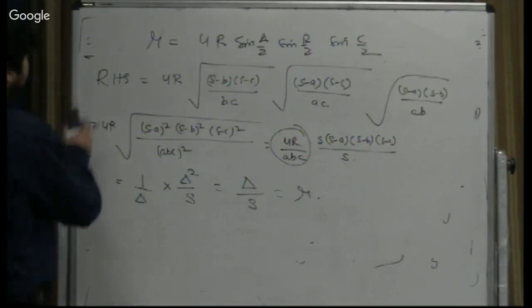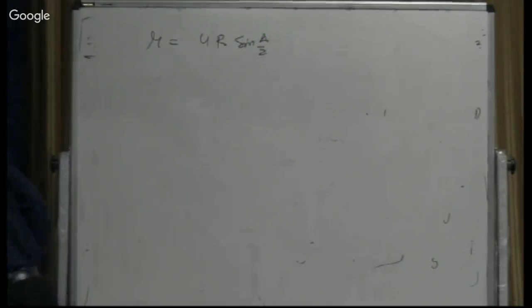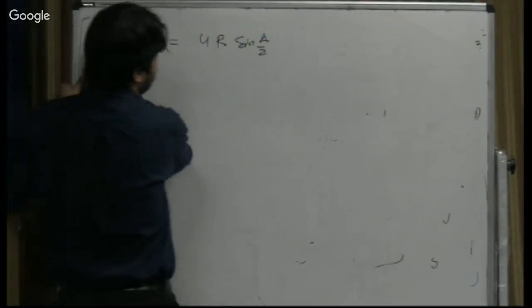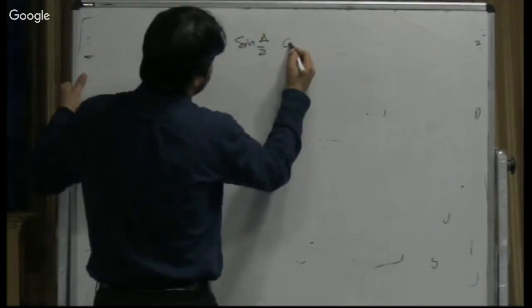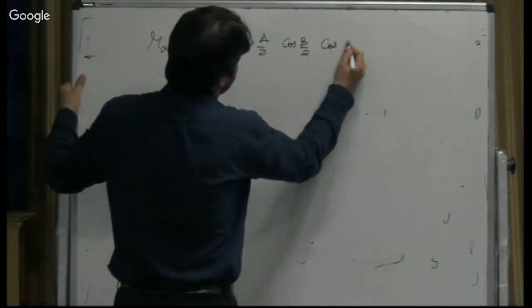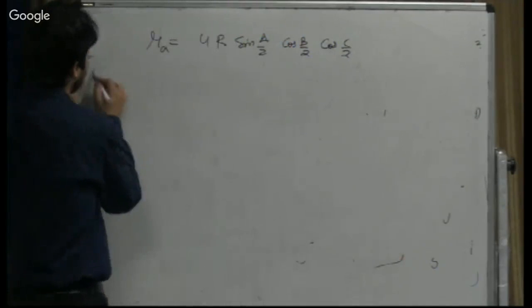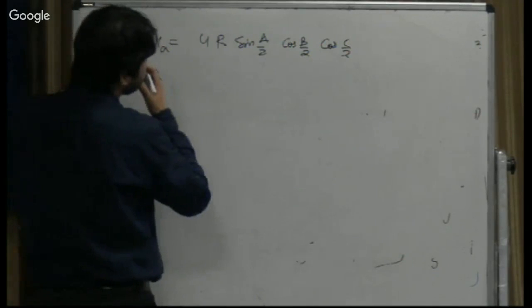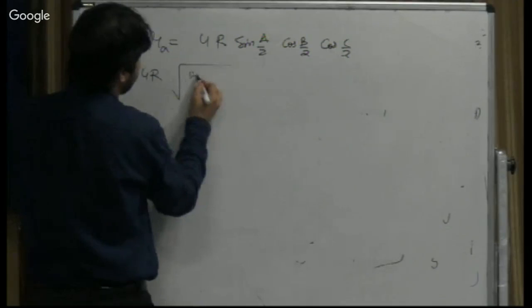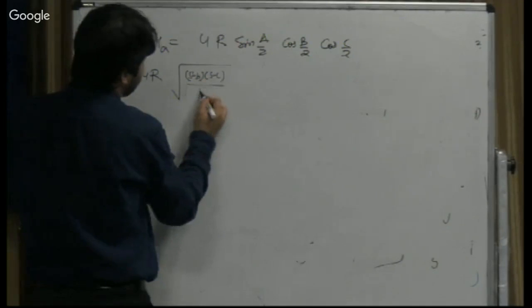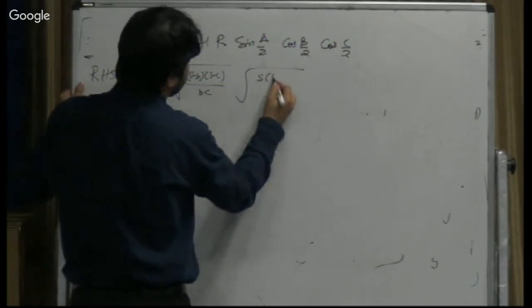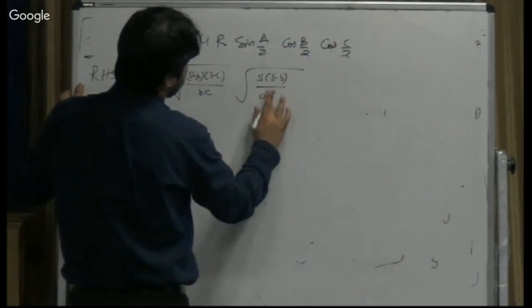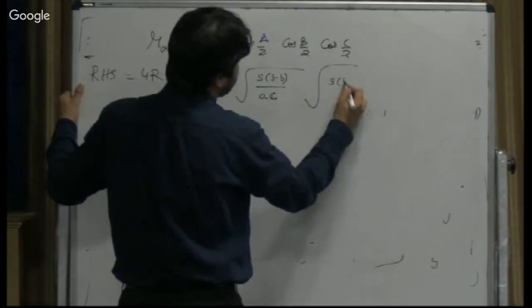Now going to 20th, the property 20th says that X center of RA or R2 or R3 is equal to sine, right? Same way I'm going to work on my right hand side. I know this is 4R. Sine A by 2 can be written as S minus B into S minus C by BC, and cos B can be written as S into S minus B by AC